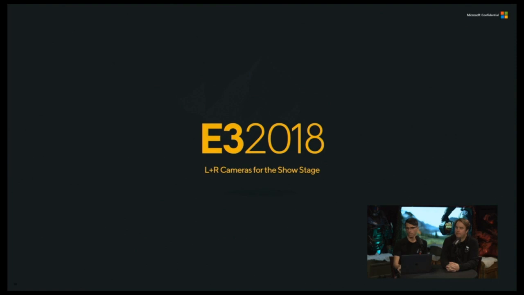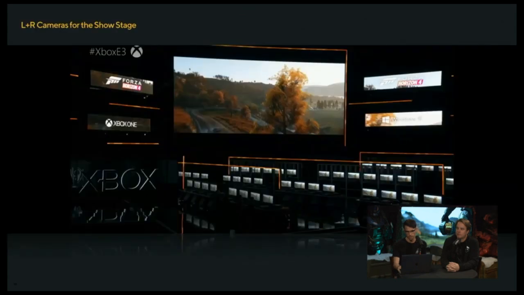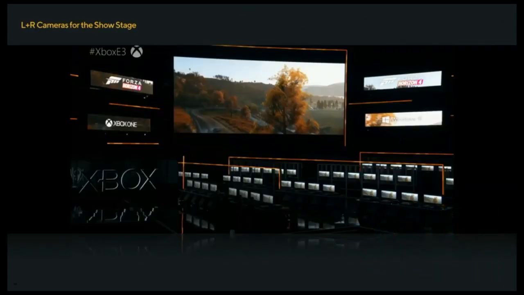This was something that we did, but ended up getting cut at the last minute. So the way that the stage is designed at E3, we had some early understanding of what the stage was going to look like. Right here where you're looking at this, you see Xbox One and Forza on the left-hand side, and then there's some screens on the right-hand side. And so what we ended up doing was making essentially